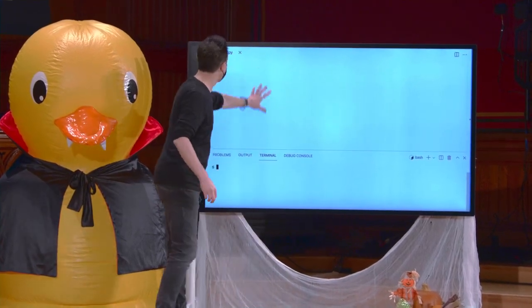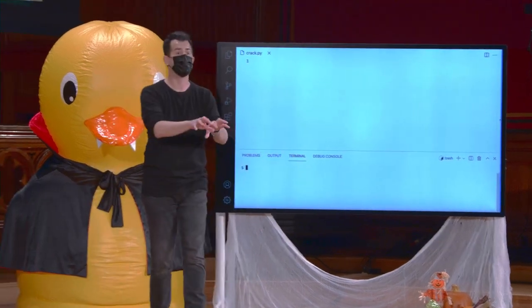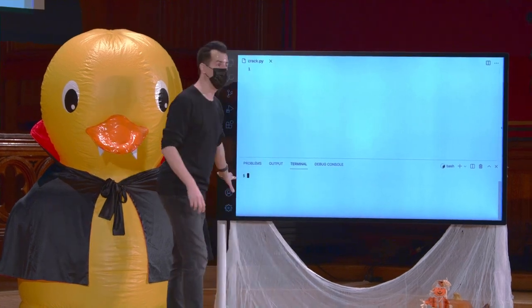Up here, we have a tabbed window where we can type our code. Down here, we have what's called a terminal window where I can type commands to make the computer run that code. And then over here is just a menu bar. So crack.py means I'm going to write a program to crack, that is, figure out passwords using this language called Python. And even though most CS50 students wouldn't know what code to start writing, they'd have to look up some of what I'm about to do. It's only going to be a few lines.